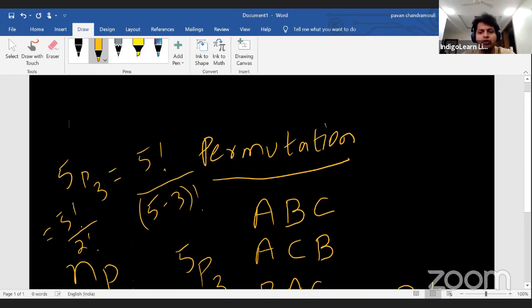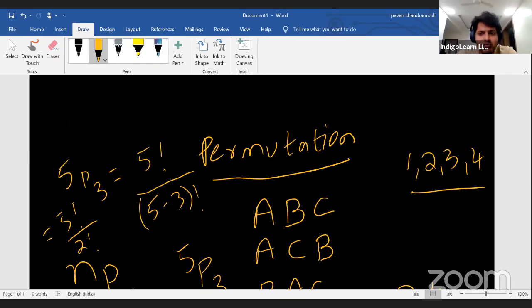So how do we use permutation? Let me use a small example. How many 3-digit numbers can you form using the digits 1, 2, 3, 4? Let us say I have 4 numbers, 1, 2, 3, 4 at my disposal. I have to form 3-digit numbers without repetition. Let us also be clear that there will be many cases where we are dealing with numbers with repetition and without repetition. So let's focus now on without repetition.